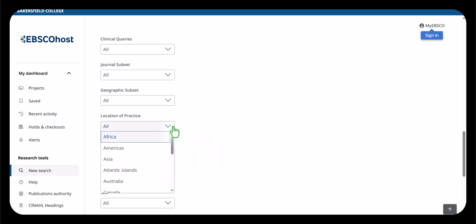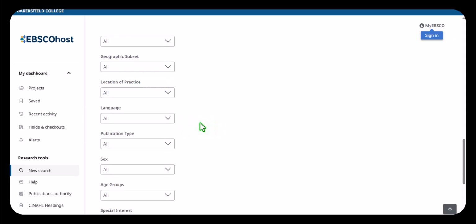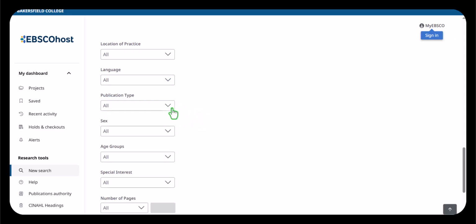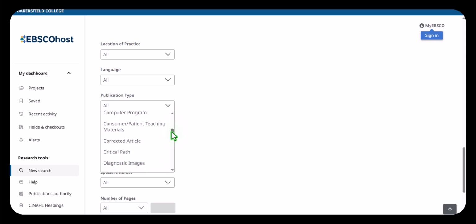Just an extension, location of practice, also because some standards might be different in different areas. Language, of course you would choose a language you would prefer. Publication type, there are plenty of them here. You could look for just abstracts, even algorithms, anecdotes, books, care plans, case studies, clinical trials, even code of ethics, computer programs. There are a ton of options here to help narrow your search and make it as focused as